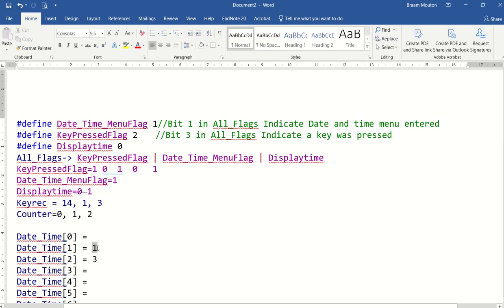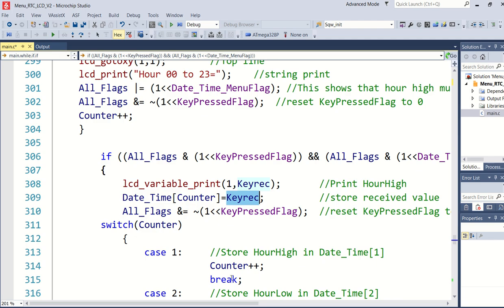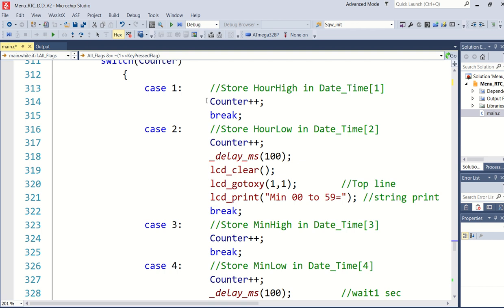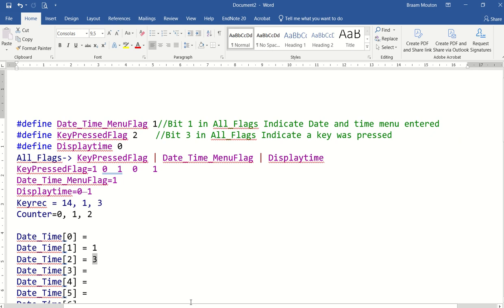I've placed the high hour in element number 1, and I've placed the low hour in element number 3. Do I clear? Yes, I clear the flag again. Counter is, at this stage, 2. So I'm going to jump in here and increment the counter. So counter is now going to become a value of 3.